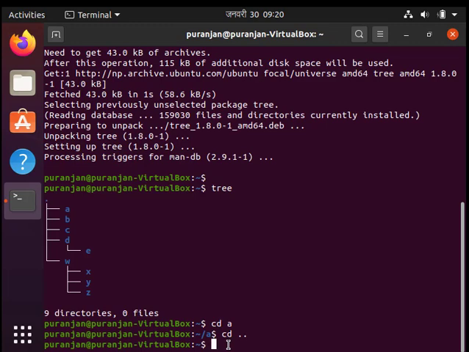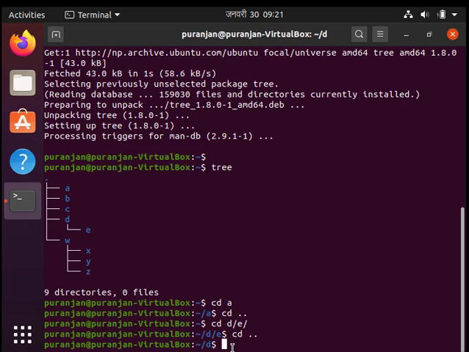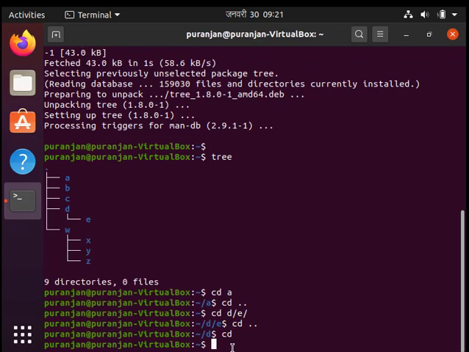Let's say I want to enter inside the E directory. For that, I should give cd space D. If you hit tab, it will automatically add a slash after the D folder, and then give E and tab. So I am directly inside the E folder. So if I hit the cd space .. command, then it takes me one step back. But if I only hit the cd command, it will take me from the inner child directories directly to the home directory. So this is how you can change the working directory by using the cd command.